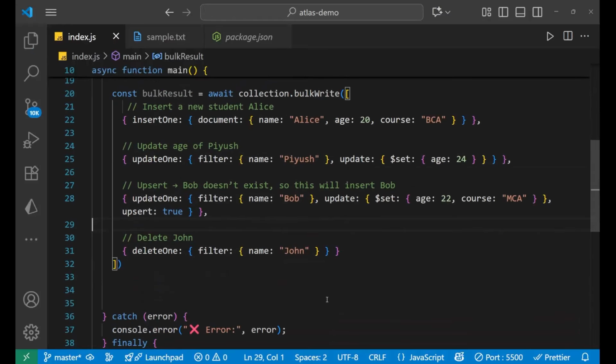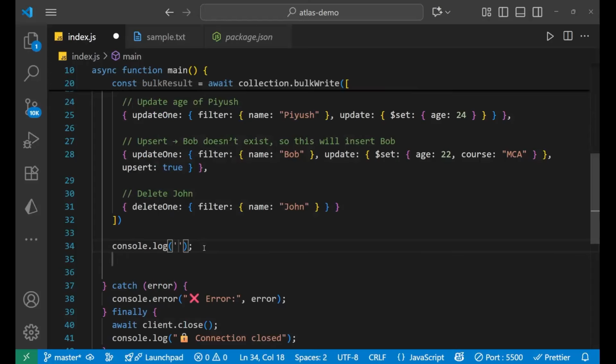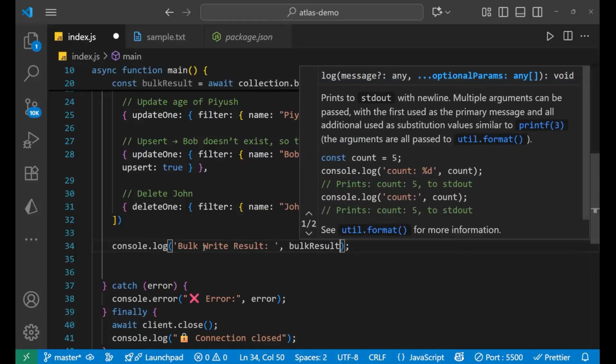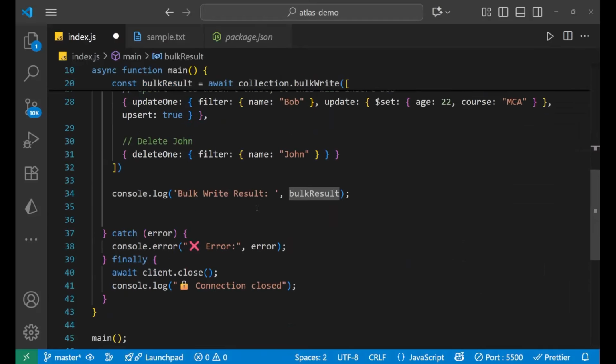So let's just save it, and after saving, let's do one more thing. First of all, I'll just print it. So console.log, and I'll write bulk write result, put a comma here, and write bulkResult. Basically bulkResult will contain this particular variable, right? So yeah, after that